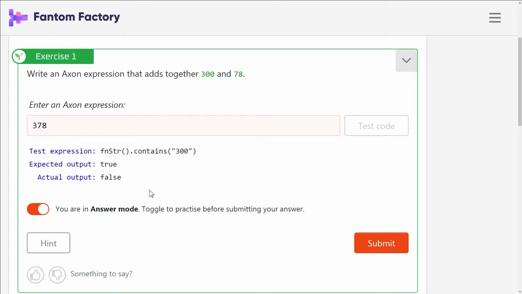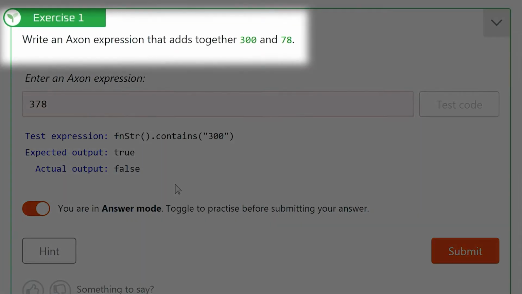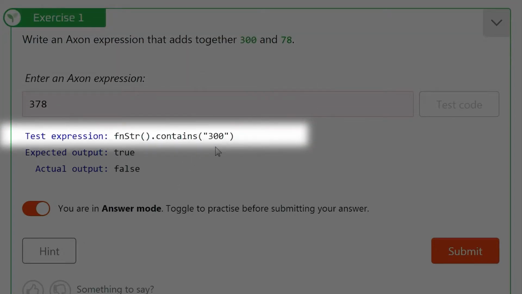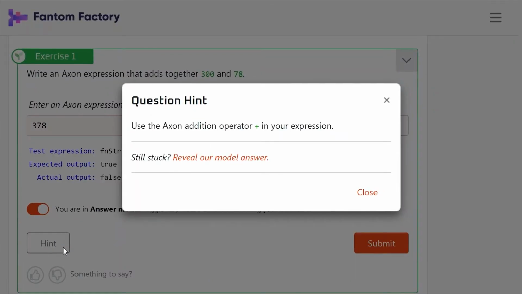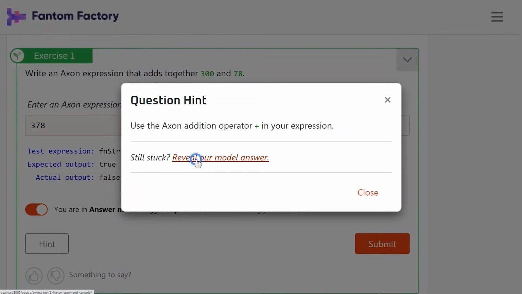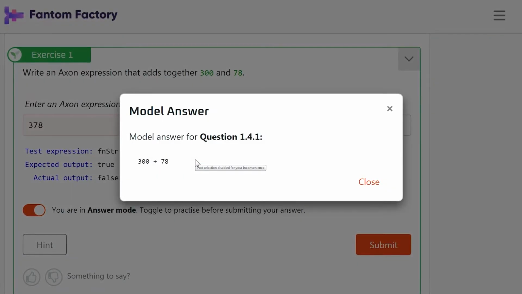In our example, here in the expected output, the console is expecting us to use one of the numbers from the question in our expression. In these simpler exercises and expressions in particular, we purposefully make it harder to cheat, as it were. We can answer these exercises an unlimited number of times. But if we are really stuck, remember we can always reveal the answer. If only we'd used the numbers in the question and the operator symbol from the hint.